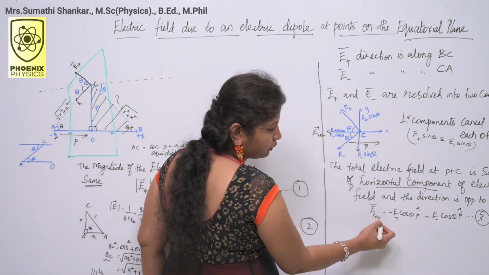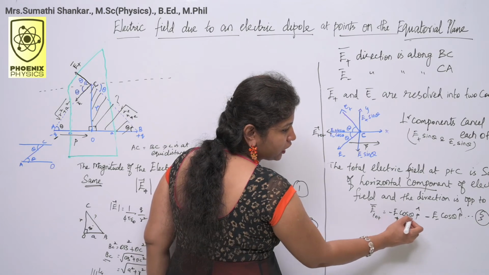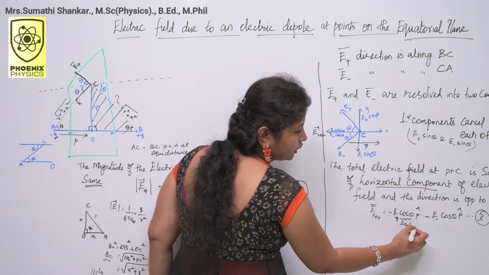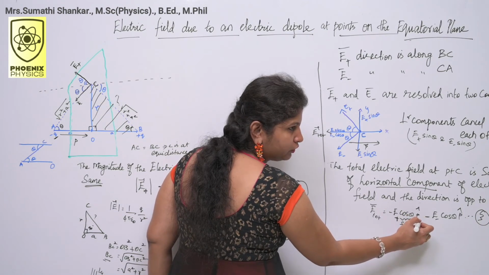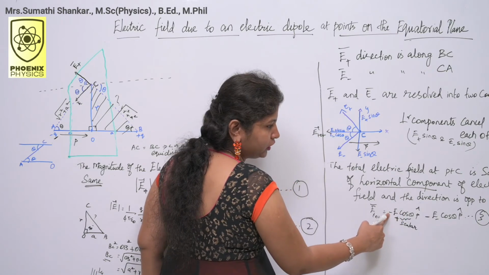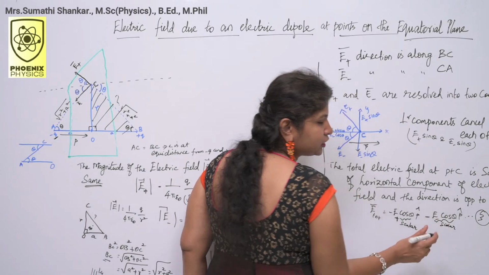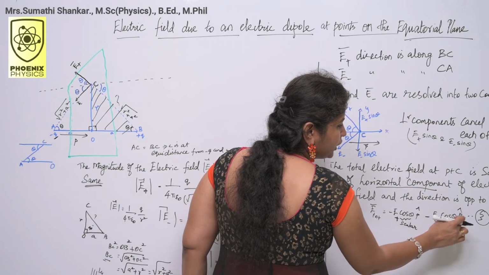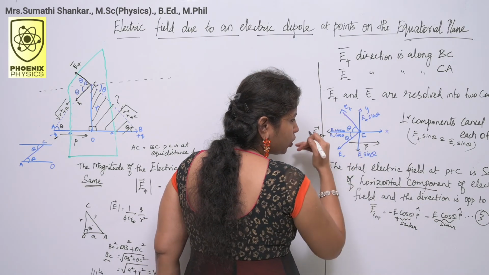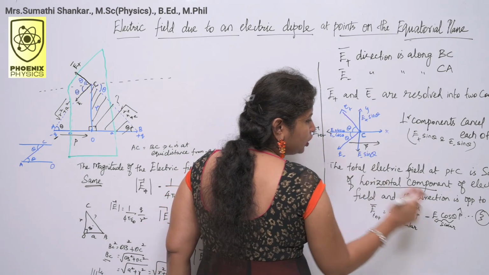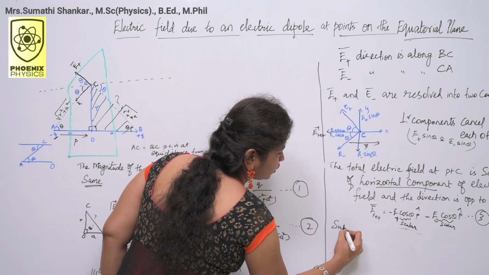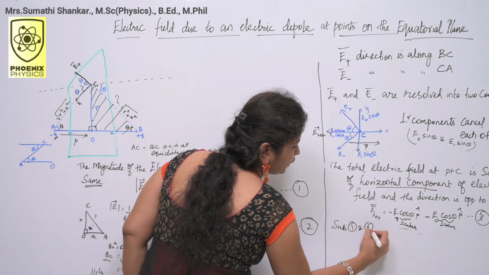So E total can be written as minus E plus cos theta P cap. This will give a scalar value. This P cap is nothing but a unit vector, just opposite to the dipole moment direction. So I have put a minus sign here. This E minus cos theta value gives a scalar quantity. P cap is a unit vector. This E minus cos theta is just opposite to the P vector direction. So minus sign. You know the E plus and E minus values. Substitute 1 and 2 in equation 3.